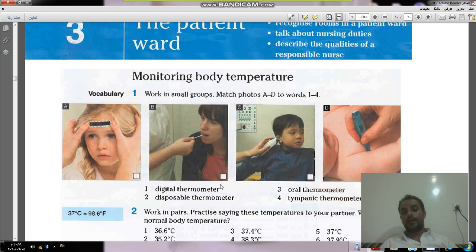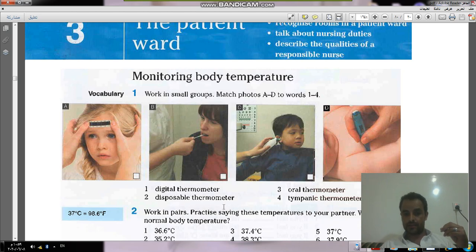Okay. Now let's match together. Which one here is disposable, which one is digital, which one is oral, and which one is tympanic? These are types of thermometers: digital, disposable, oral, and tympanic. What are these? These are types of thermometers. So what thermometer is this? In A it is